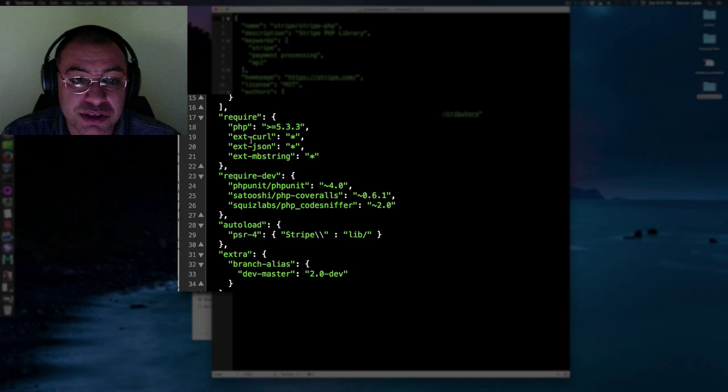It wants curl, it wants JSON, it wants mbstring, and for the development environment, it wants PHPUnit, Satooshi, PHP coveralls, PHP code sniffer, and then for autoload it needs Stripe lib, I don't know what,